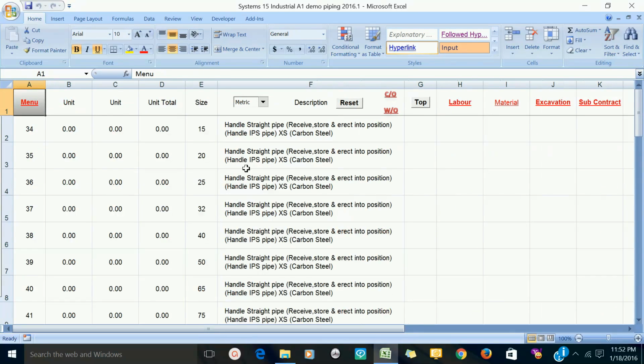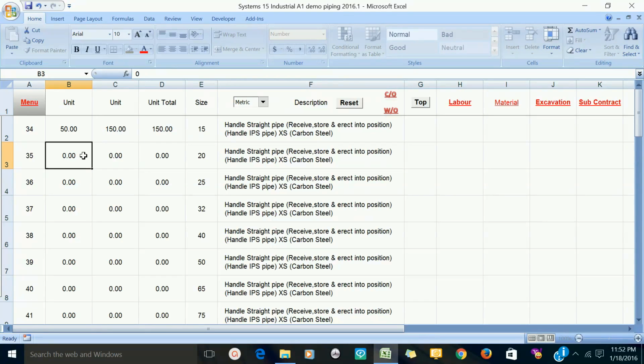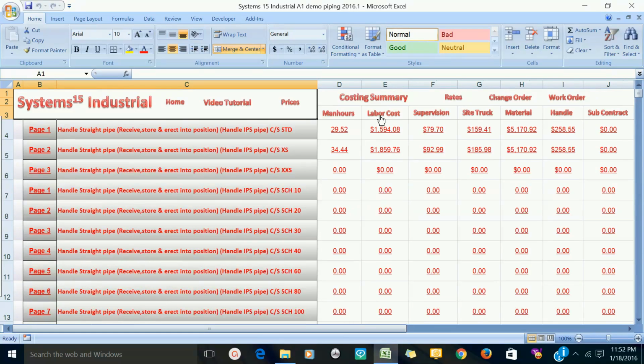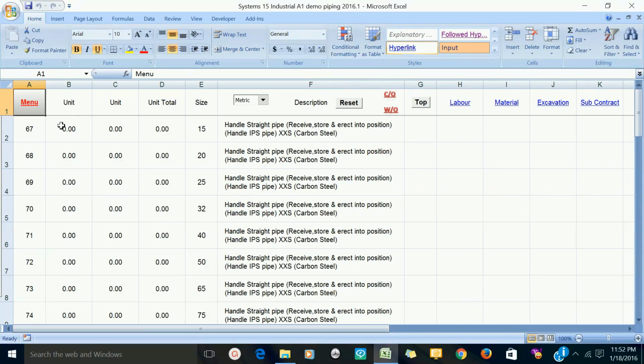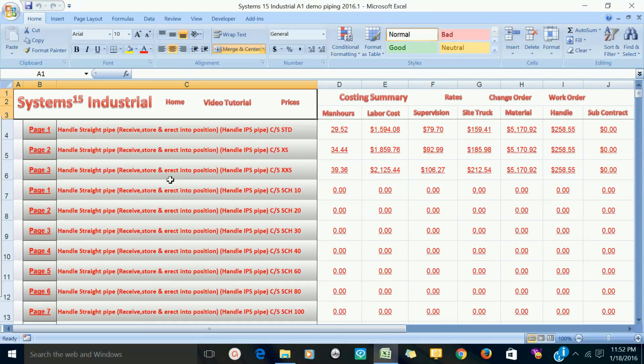And we're going to take the same thing now. This is extra heavy. And we're going to put the 100 in here again. 100. And watch the unit. And I'm going to add another 50. You can back out of that. And now you can see what the difference is for extra heavy pipe. Let's do that all over again. I'm going to put 100 in here. I'm going to do 50. Enter it. And then we're going to back out of there. And now that's the difference in prices and all your labor and everything. Gives you good